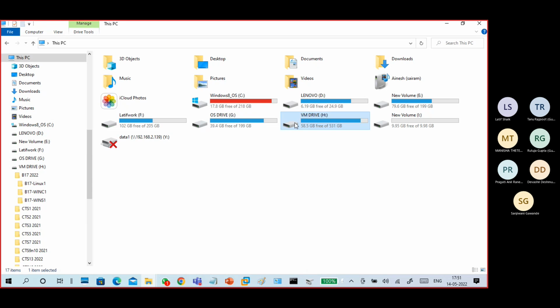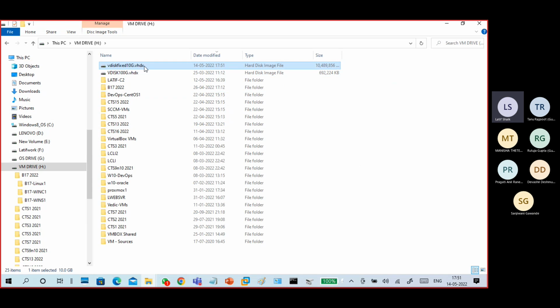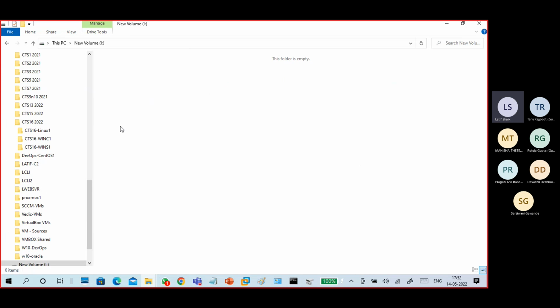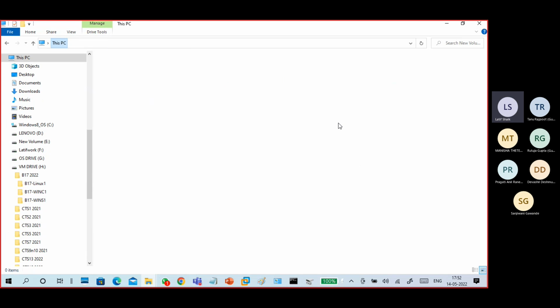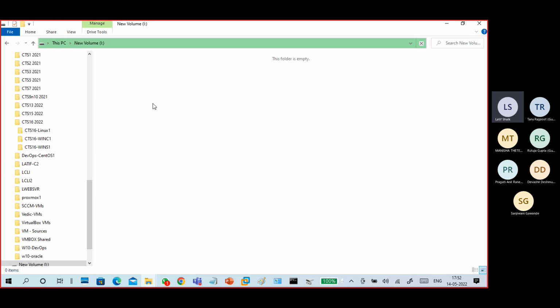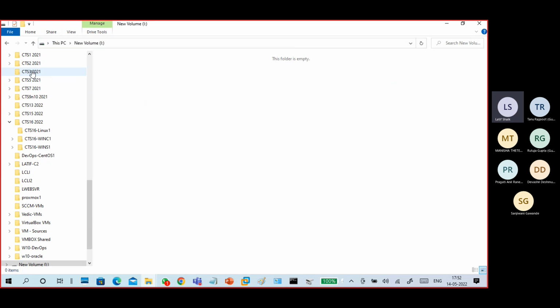Next, I created a partition, so that became the I drive, right? So I will go and see the I drive. This is the I drive. You can store the data here. I took it completely, so I can store the data here. For example,